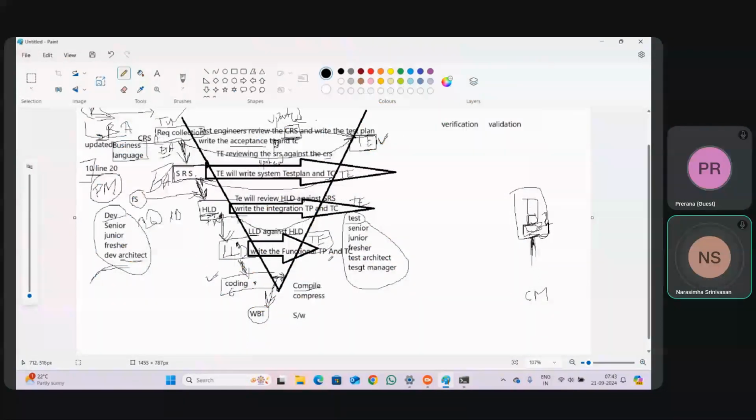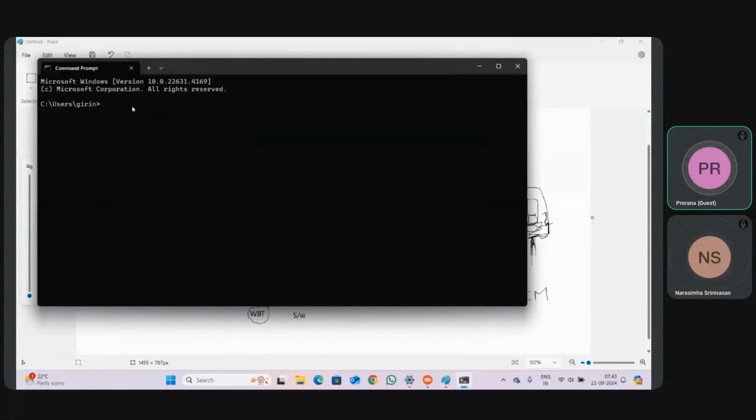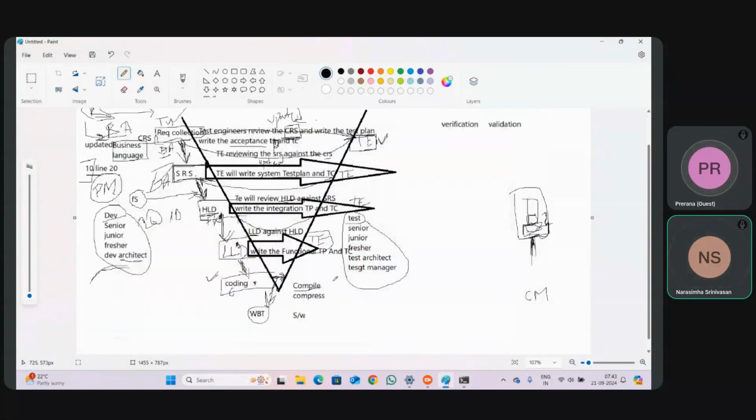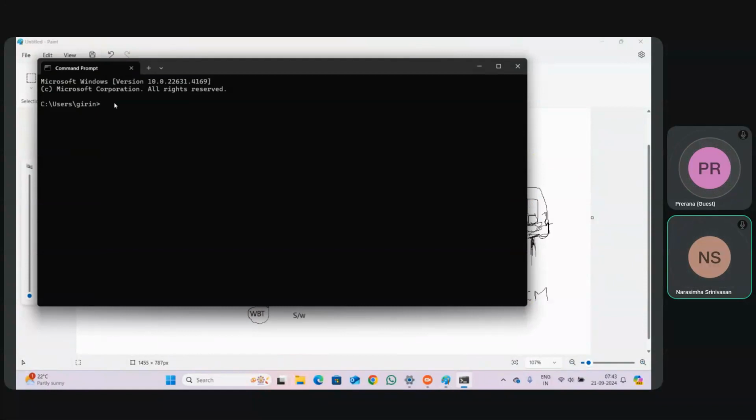It means a format which is not understood by humans, but will be understood by the system. So my command prompt will do that. After compiling, if there are any defects, if the developer has written some code logically wrong, some mistakes, compilation will give something called an error message like this. Got it? Yes, sir.